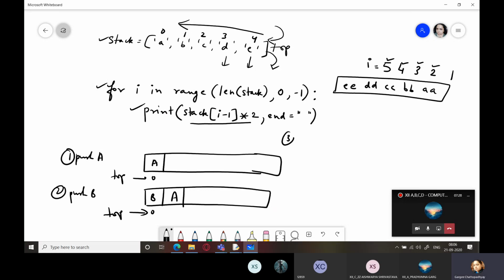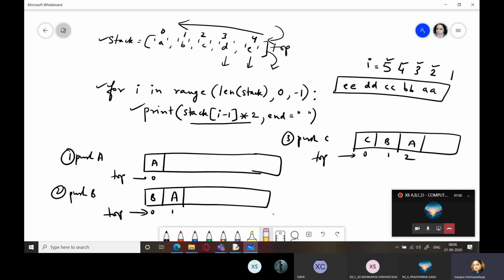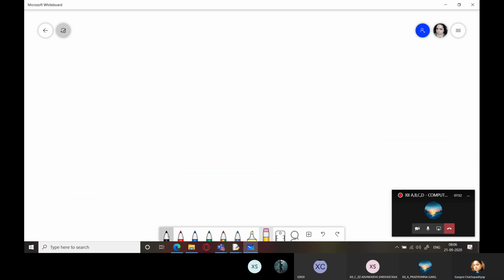Next time you write push C, it would be C, B, A. And this is top. Got it? So this is how you have to implement. And when you are deleting elements also, I'll be discussing that. You write pop an element. Okay. So in the beginning, this was the stack.